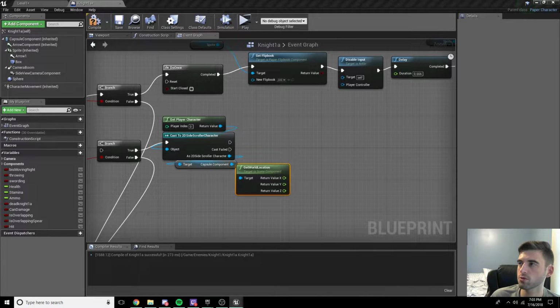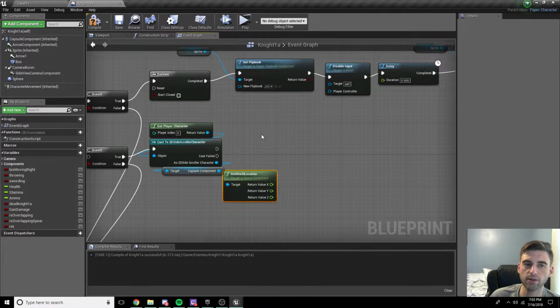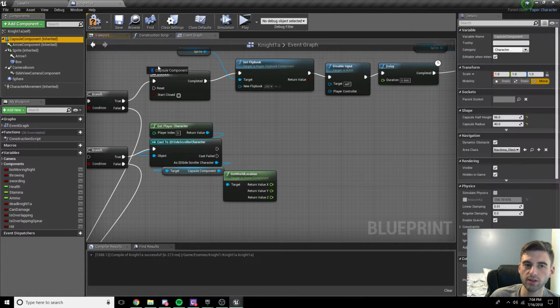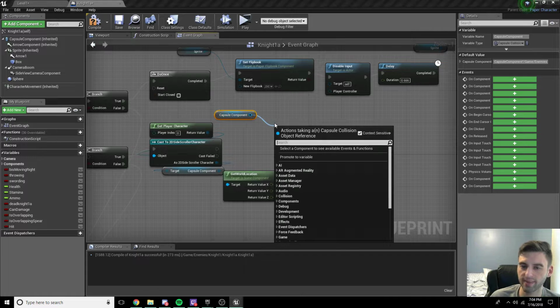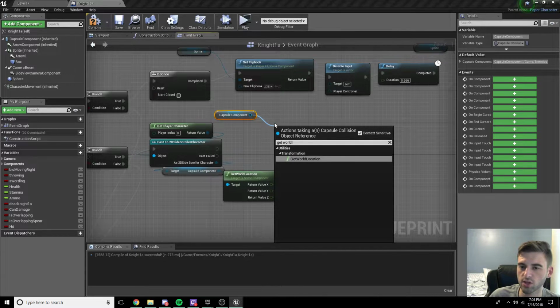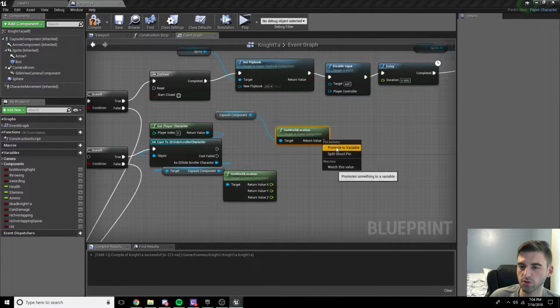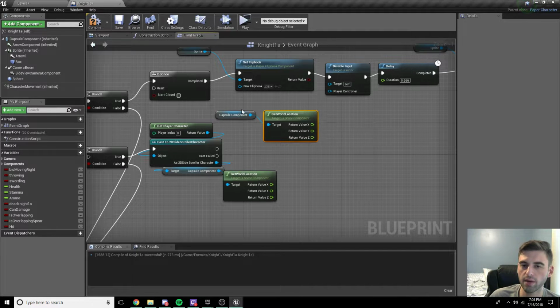The next thing we want to do is get the capsule component of the AI character. So this is the capsule component right here. You can actually just click that and drag it in, and it will bring the capsule component in. You're going to do the same exact thing. So we're going to get World Location. Once again, split the struct pin, and now we have the X, Y, and Z